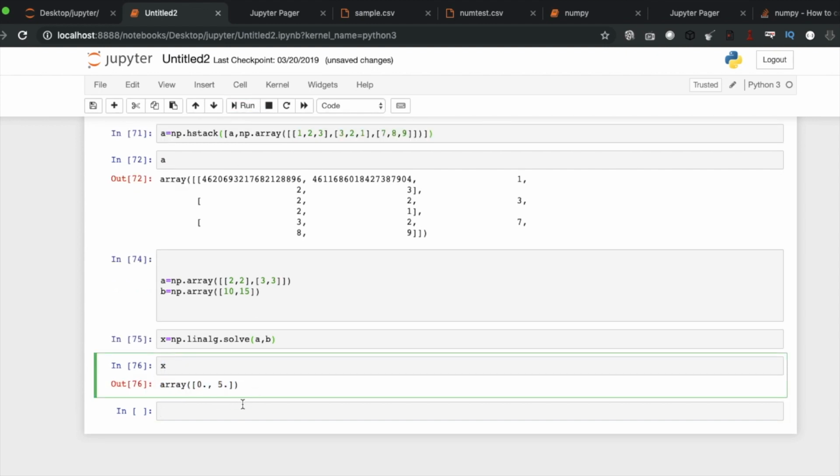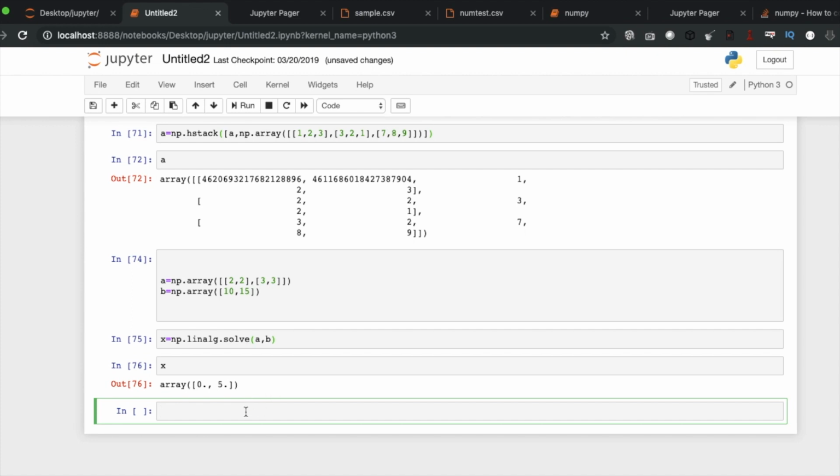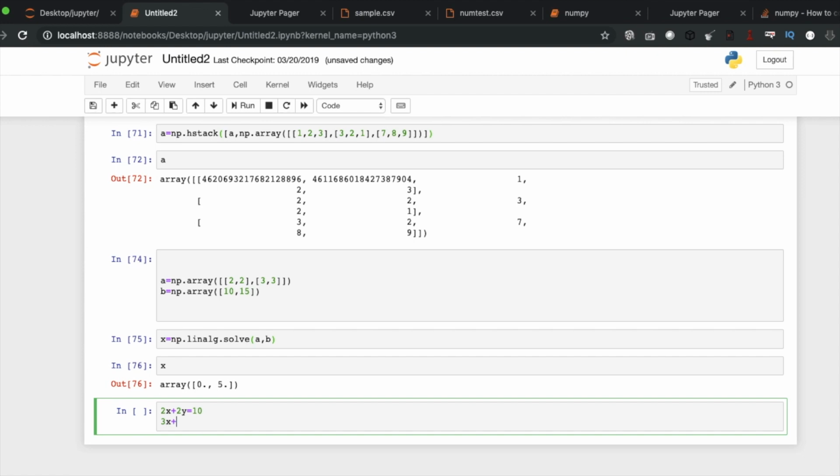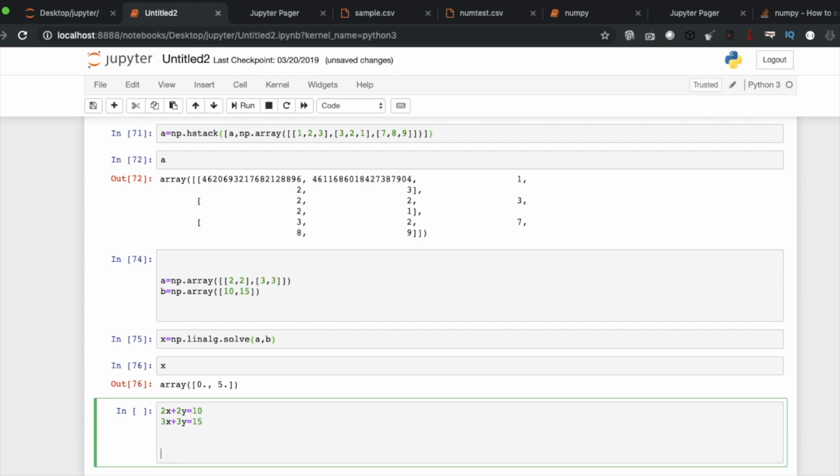Let's see, this was our equation: 2x plus 2y equals 10 and 3x plus 3y equals 15. Yes, this is fine.